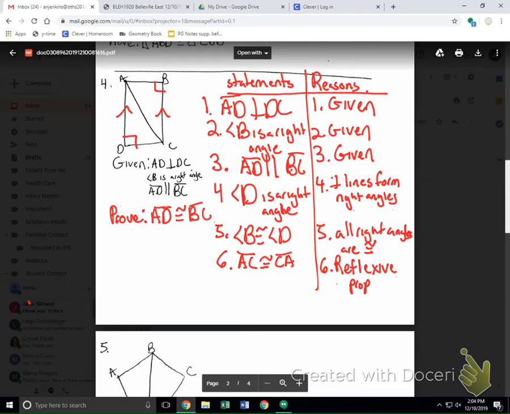So on number 6, right now all you have, Ryan, is an angle and a side. We're going to need something else. So we're going to have to use the third thing: the fact that they are parallel lines. When we've talked about parallel lines, we've used one thing: parallel lines cut by a transversal. Inside the lines, opposite sides of the transversal means we're using